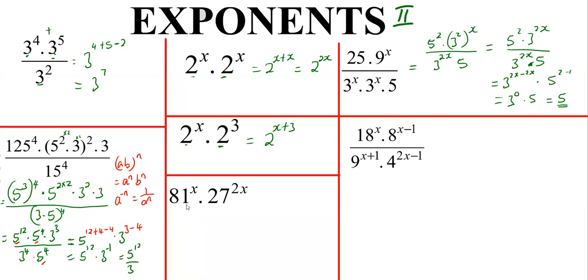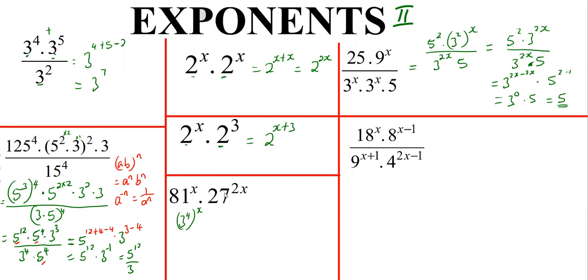Now, let's move on to the next question here that we have. 81 to the power of x times 27 to the power of 2x. What do we do here? We are going to say, okay, 81 is 3 to the power of 4. I think we've attempted it on the previous slide. 81 is 3 to the power of 4, so it's going to be 3 to the power of 4